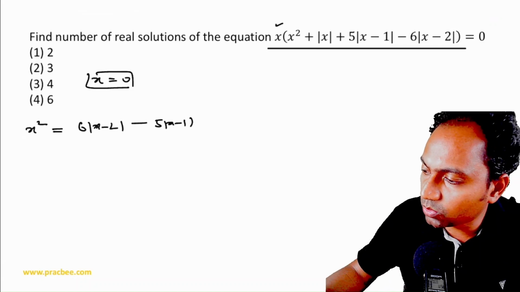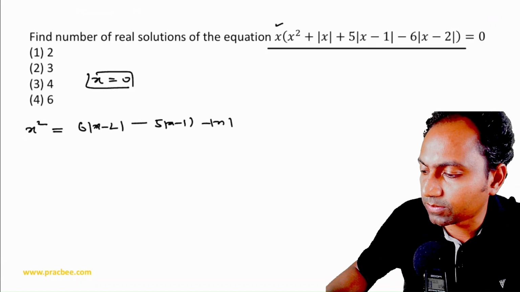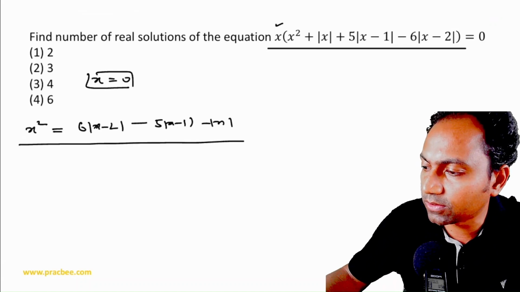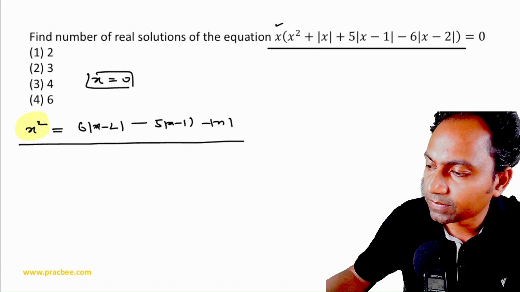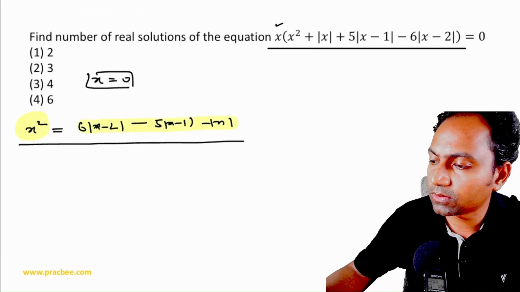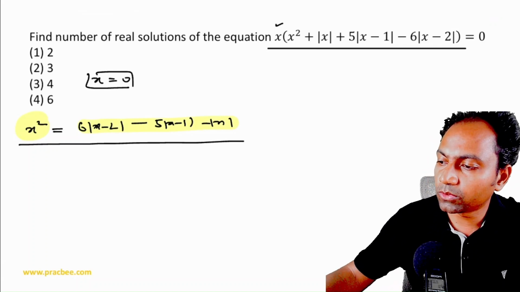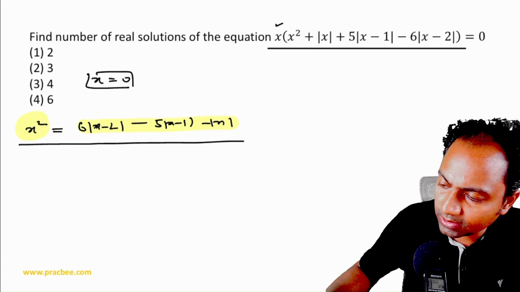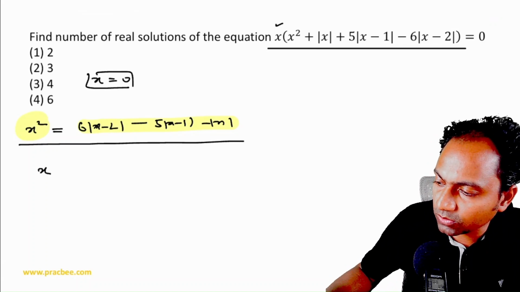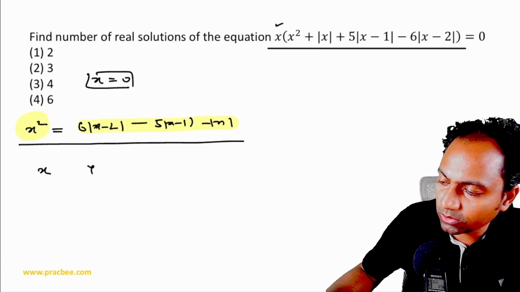We will be able to apply the graphical method to count the number of solutions. So what we can now do is draw the graph of the portion on the left hand side, which is quite easy, and that on the right hand side, that also would be easy only. So let us do that. I'm going to draw the graph of the things on the right hand side, and for this I will require a few values of x,